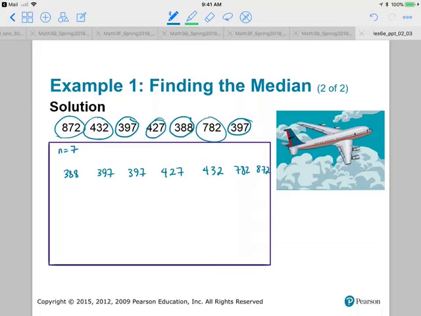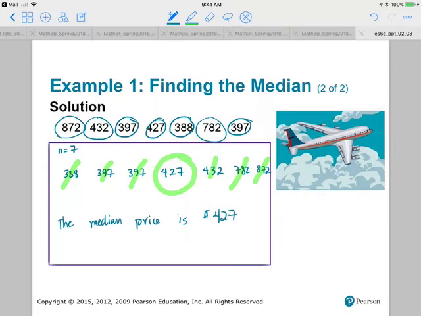All right. So now that I've put the data in order, I just need to find the middle one. Here's how I find the middle one. I cross off the first and the last until I get to the middle. So my middle is 427. So the median price is $427. All right. So notice that someone could very well make an argument that a typical